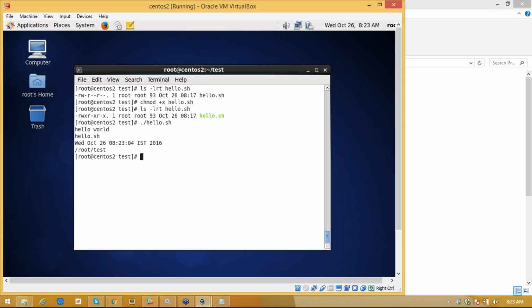How can we execute it? In the local directory there is a file called hello.sh. I execute it with dot slash and then the script name. Whatever commands you kept in that file, it will execute in a sequential manner. Is that clear, guys?